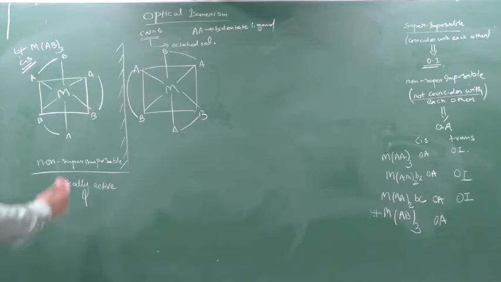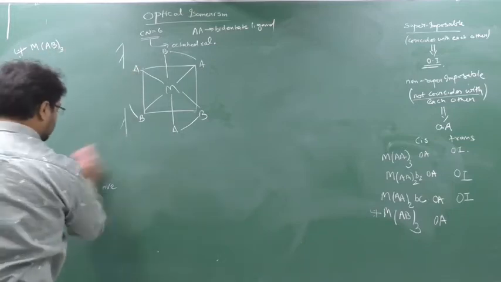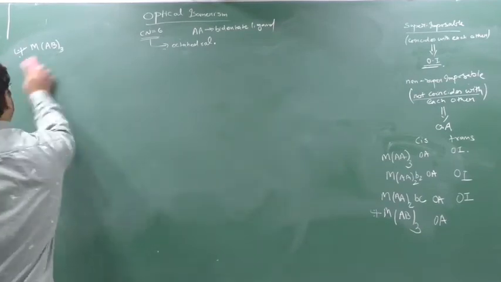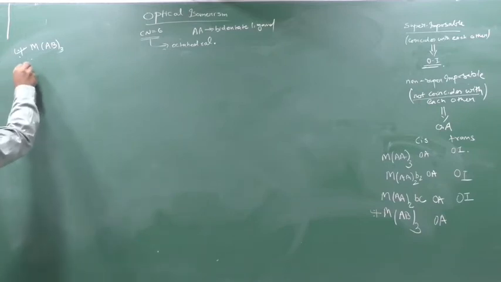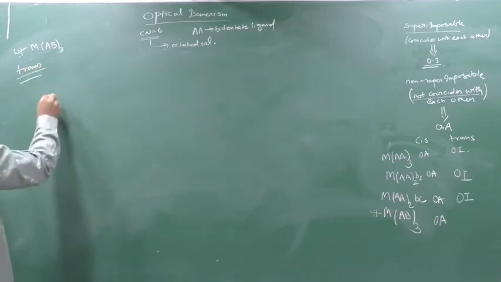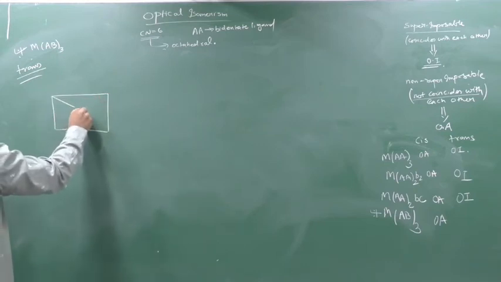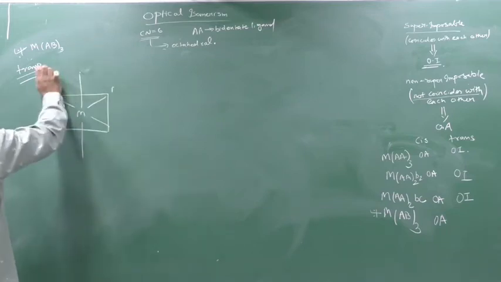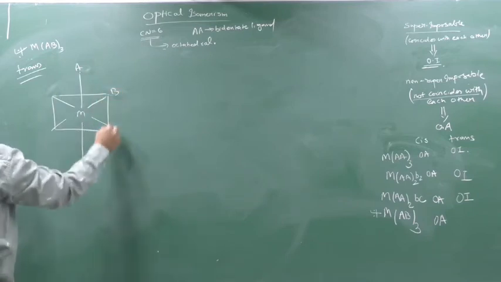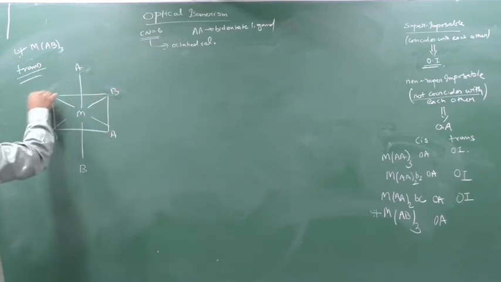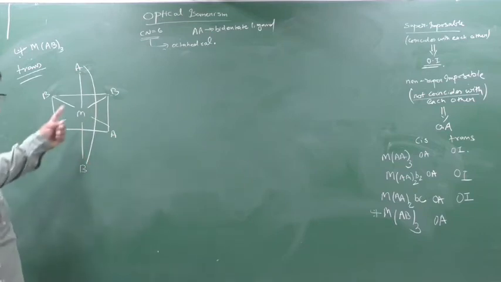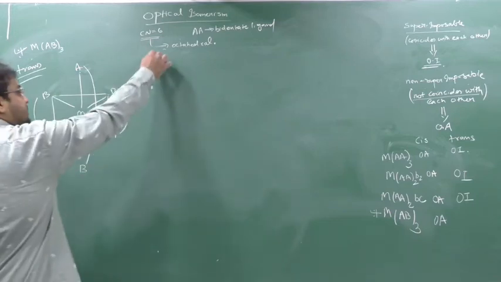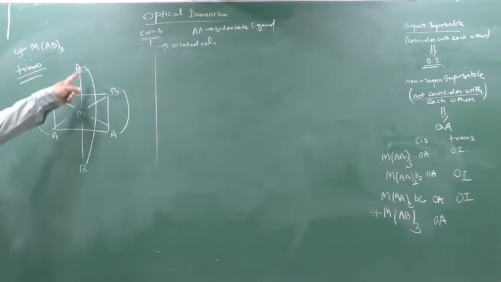Now we will go with the trans isomer. What do you mean by trans isomer, beta? 180. So what will I do? Here A, here B, here A, or I will add on from here. A, B, A, B, A, B. Yes or no? One I will do here like this. This is 180 now. AB, AB. Yes or no? So this is in any isomer. If one is also 180, all is trans.